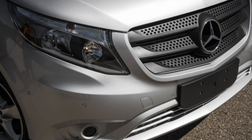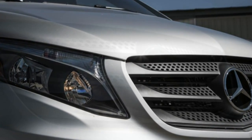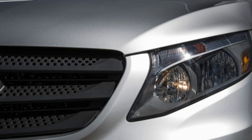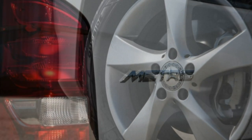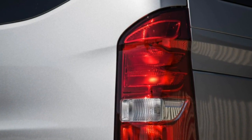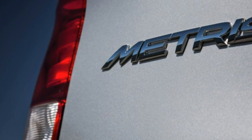The Metris was born with work in mind, and its interior is austere, including in passenger versions like the 7-seat model tested here. That's not to say it's deficient, with most of its switchgear pulled from across the global Mercedes-Benz product portfolio. The interior is instantly familiar, if somewhat Spartan in comparison to the automaker's sedans. Slide into the driver's seat. Thanks to a low sill, there's no climbing, and you'll be greeted by a large swath of hopefully long-wearing black